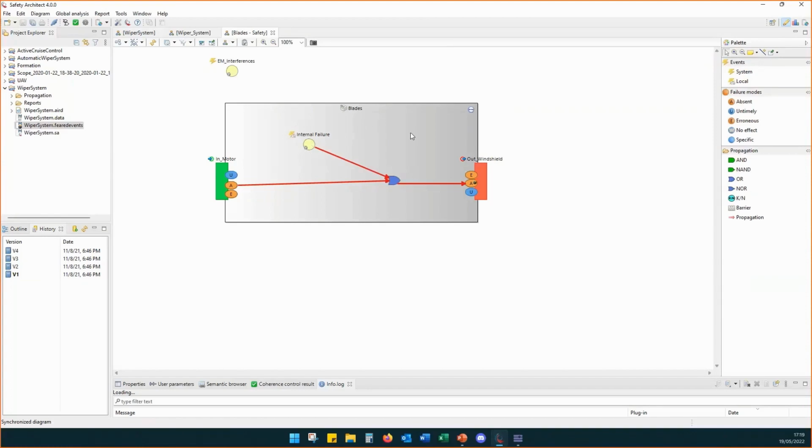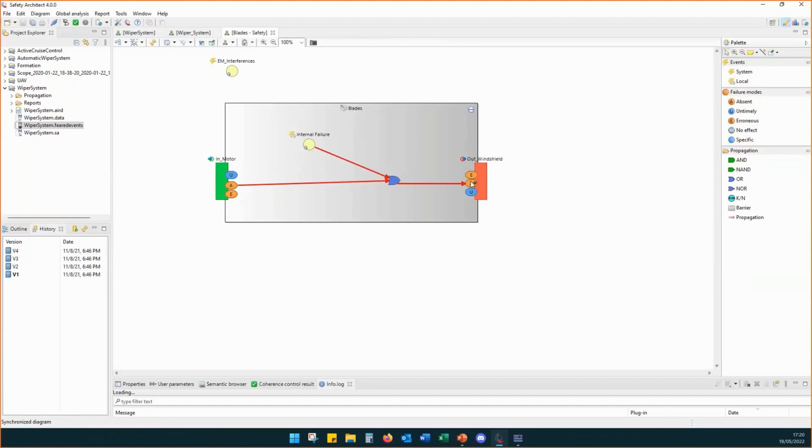And I could add several local events in the component. Next, on the input port and output port, we have the failure mode. By default, we propose the most known failure modes, so absent, untimely or inadvertent, and erroneous. But if needed, you can also add your own failure mode on the port.